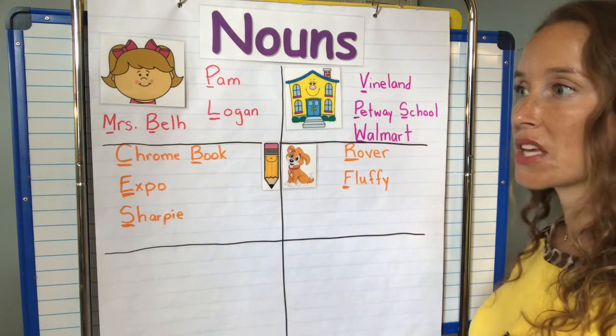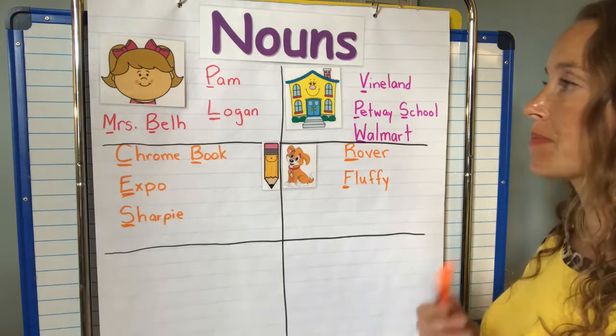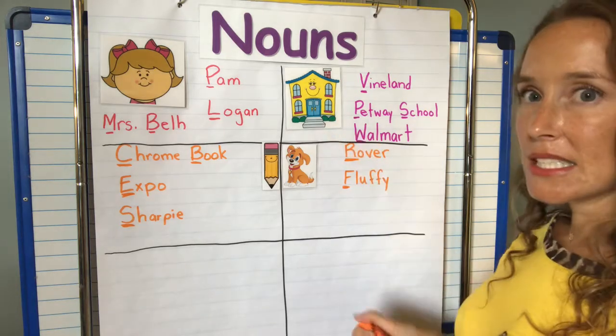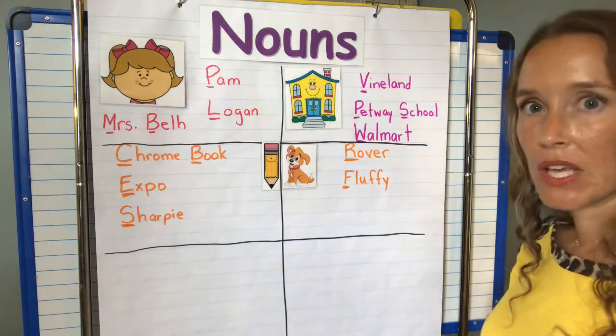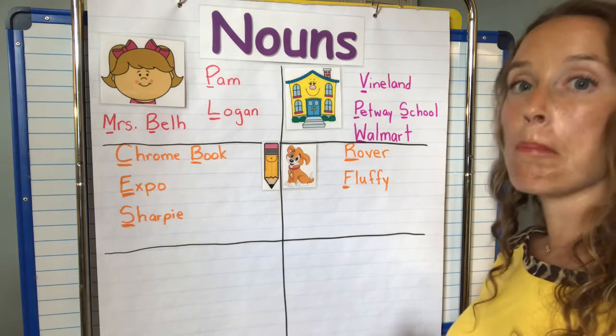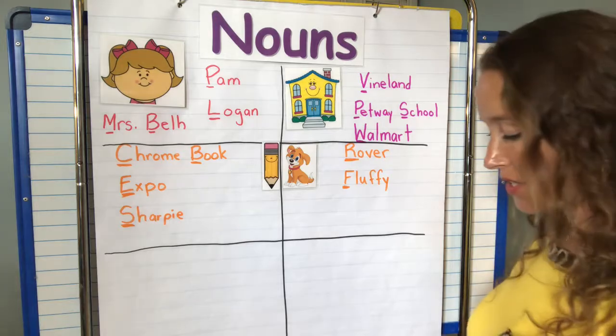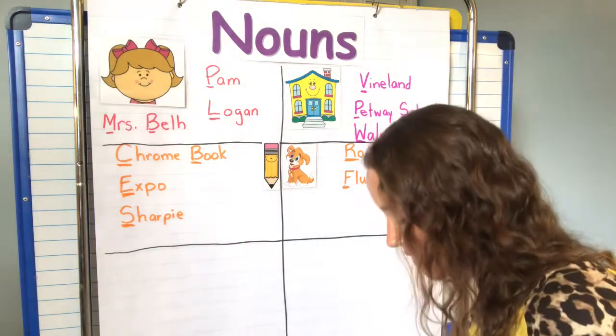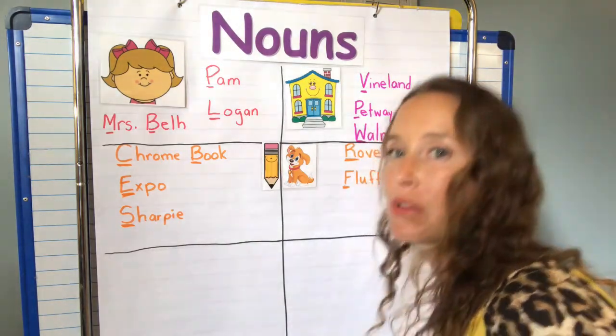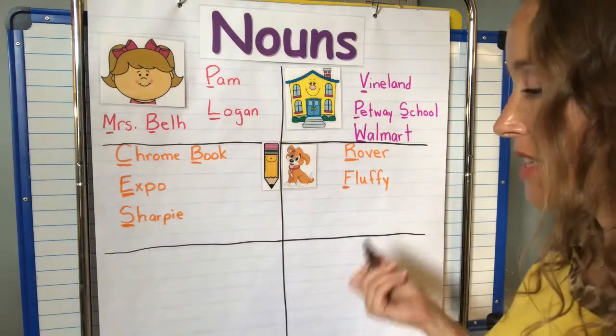Okay, proper nouns can also name not just places, but days of the week. Okay, days of the week and months. Those are all names. Okay, they're proper nouns. So I want to give you a couple examples of them because they are going to show up in other places. So days of the week.